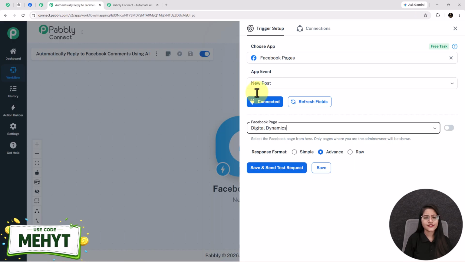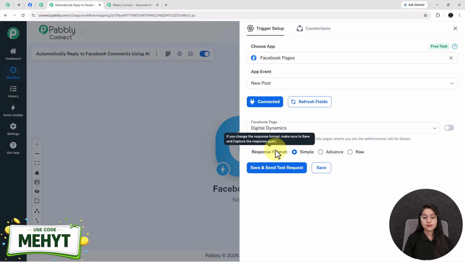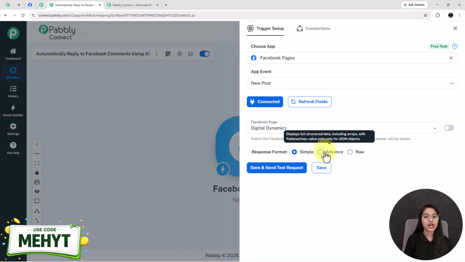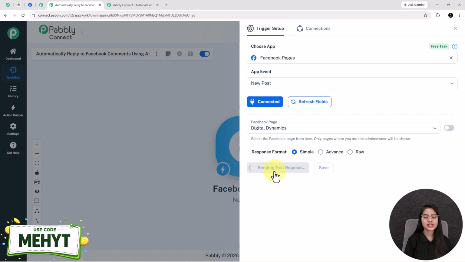See, now after selecting the Facebook page, you will see response format with three options such as simple, advanced, and raw. If you want to receive a response in simple format, then you will select this option. If you want to receive a response in advanced format, just like a flattened key value structure, data, or an array, then you will select this option. And when you select the response format as raw, then you will receive the exact JSON that you will receive from the webhook. Here I am selecting the response format as simple and clicking on the save and send test